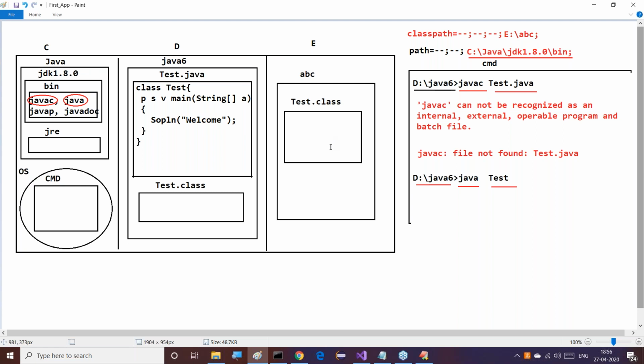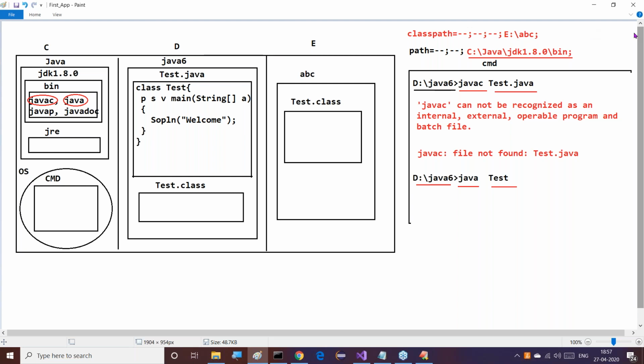Finally, if the JVM identifies this main class, immediately the JVM will load the test class bytecode to the memory, guys. Fine, understand my point here. Whatever it may be, finally the JVM identifies this test class either at the current location or at the locations referred by the class path environment variable.